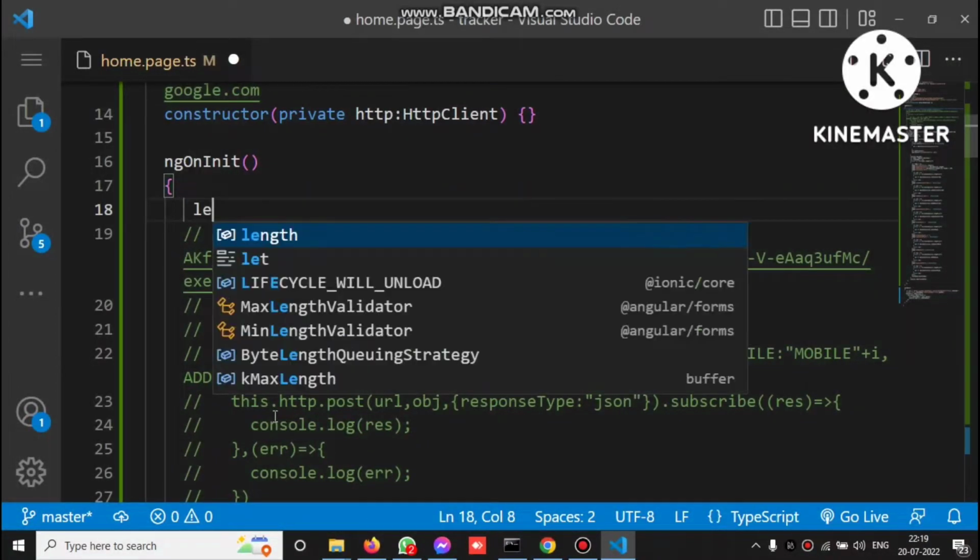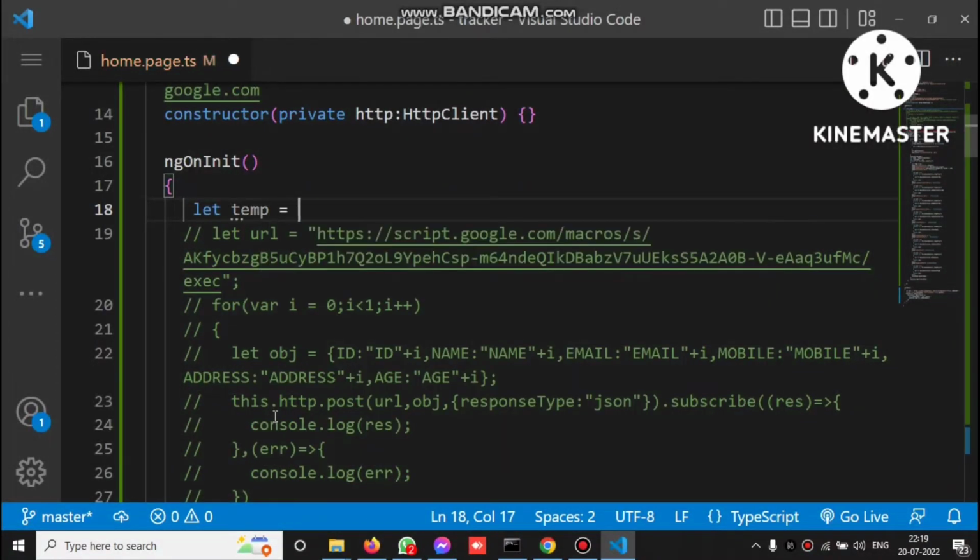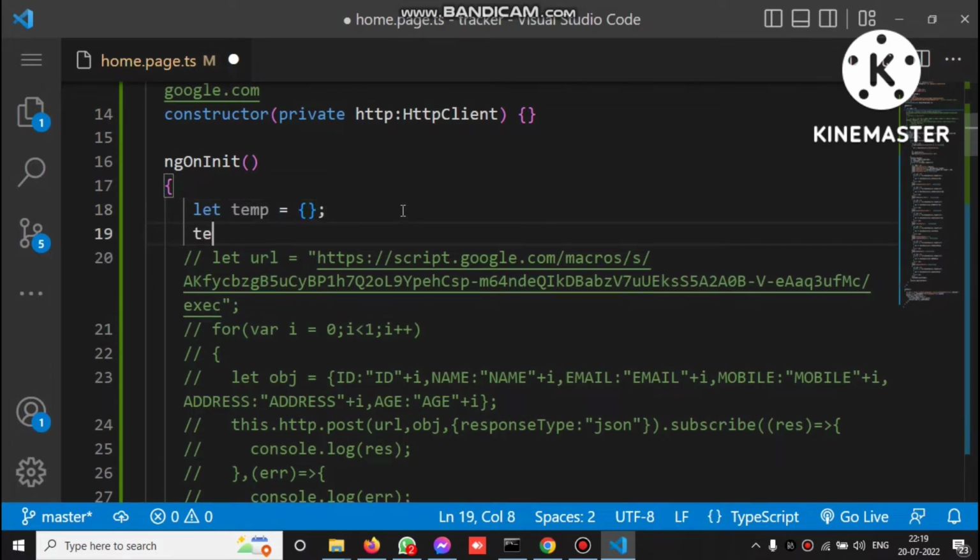Let's declare an empty object first, and let's declare a property inside this. Let's say id, and we have to assign a for loop value to this id property. So we can't write like this. We can't directly assign the for loop value to the id property, so we have to use the anonymous function,